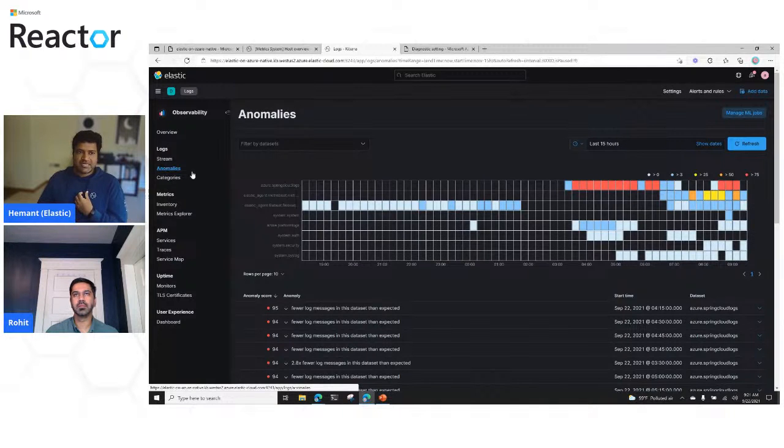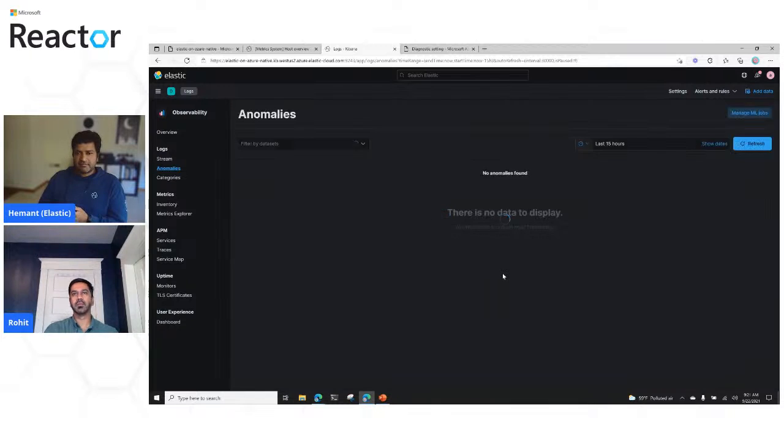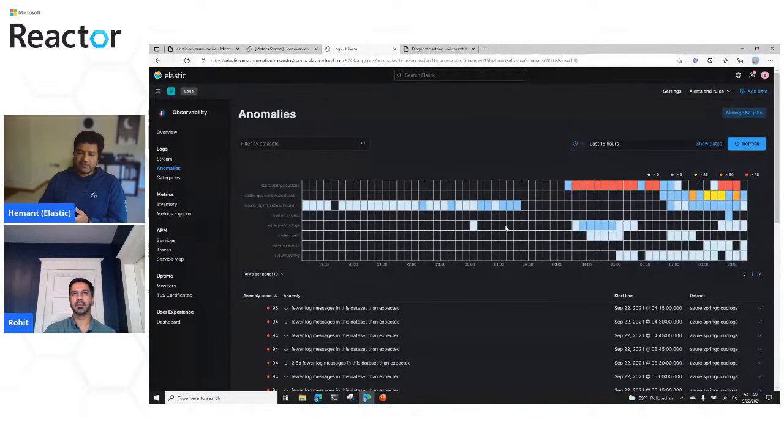And what it gives me is it's looking at the different log types that are being sent. And over time, it decides based on the amount of logs and how often the logs are sent, if they ever deviate from the normal. If they ever deviate from the normal, that's where you would get flagged that something abnormal is happening here. Why don't you go ahead and take a look at it?